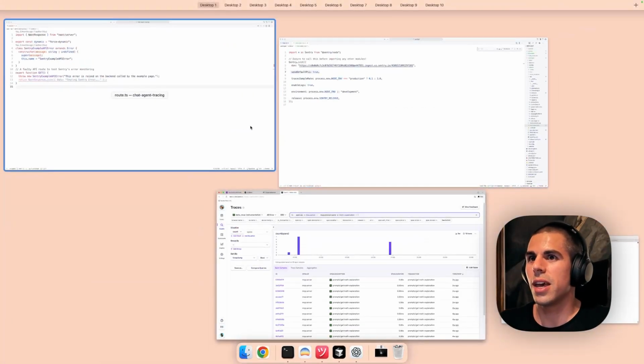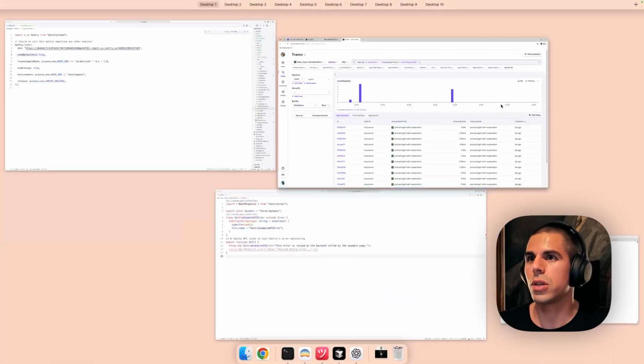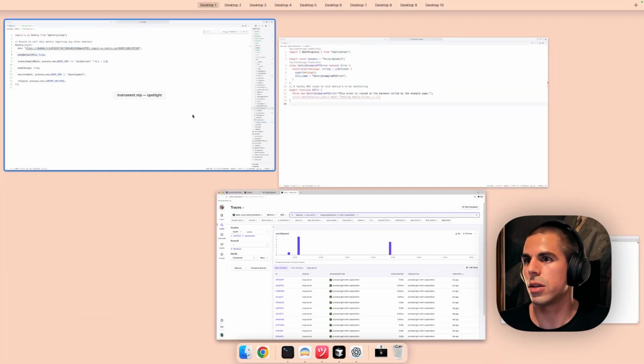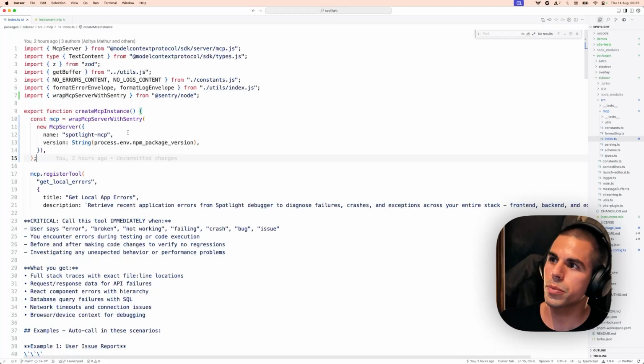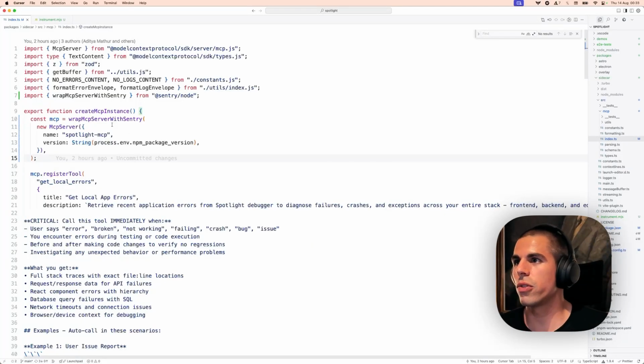We have a simple Hono app. So this works for all Node frameworks. It works for Hono, it works for Express, for whatever it is. And we plan to add support for Cloudflare too. So the only thing you have to do here is just